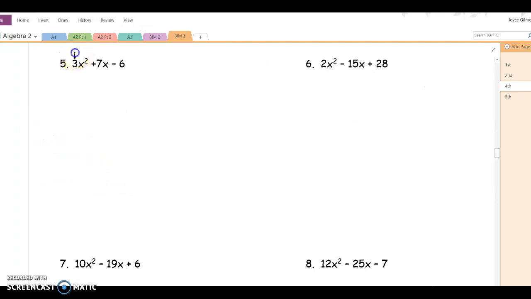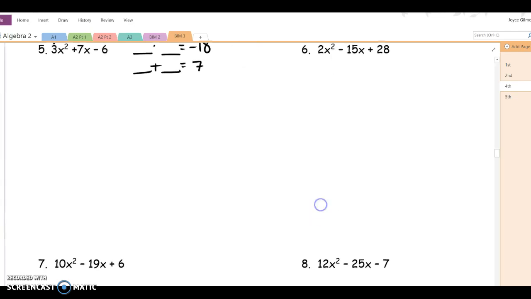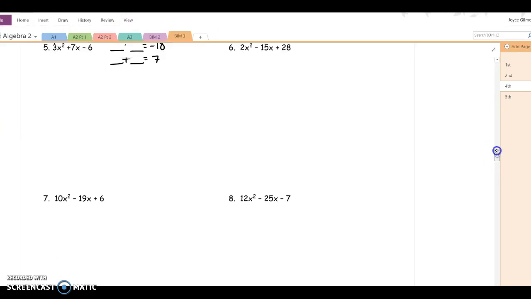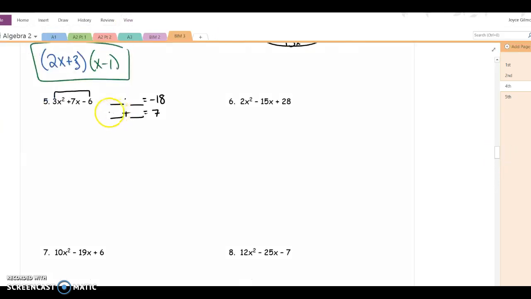For guess and check, you start the problem the same. 3 times negative 6 is negative 18. We're trying to find a pair that multiplies to negative 18 and adds up to 7. You might have to write down your pairs. It is negative 2 and 9. So if you do your factoring skeleton,